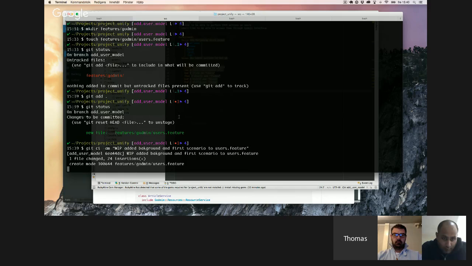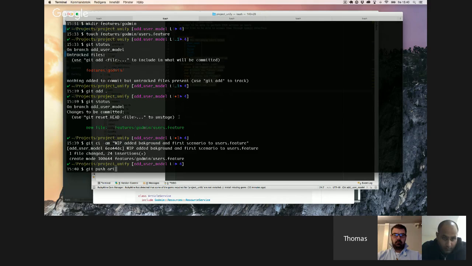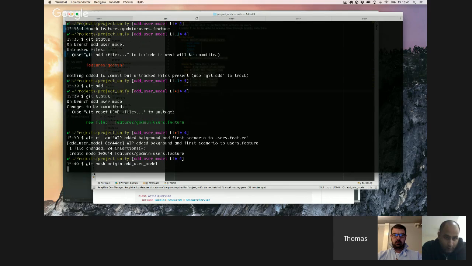Okay, and so git push origin add user model. Okay, so